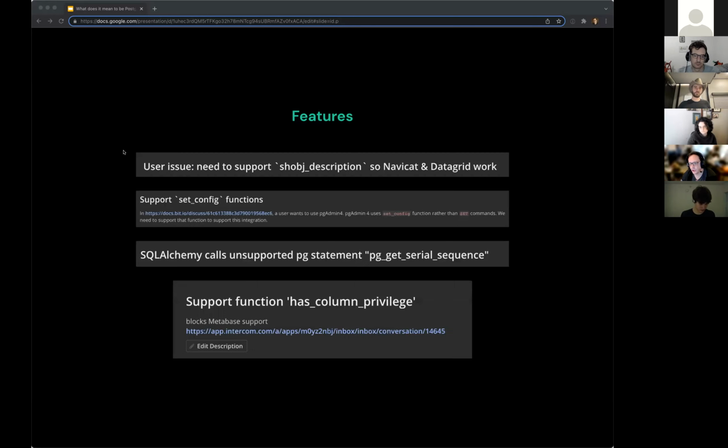That said, it's not about parsing where the compatibility comes up. It's about feature support, right? Just because you have parsed and have an AST for some SQL does not mean your server can execute it, right? If you're going to claim Postgres compatibility, do you support shobj description as a function call and give back an answer that clients expect? Do you support set config instead of using set? Do you support PG get serial sequence, right? These are all real customer asks for us early on in our implementation, where we did not support necessarily